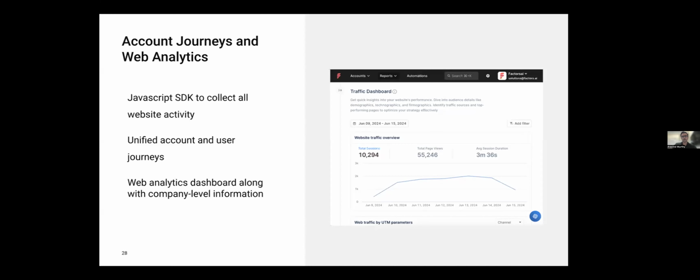So we not only map the data from the customer sources, but we also enrich it with third-party data sources like Sixth Sense, Apollo, Clearbit, etc., to build very rich company and user profiles on top of the web analytics data, and give dashboards and analytics capabilities on top of it.